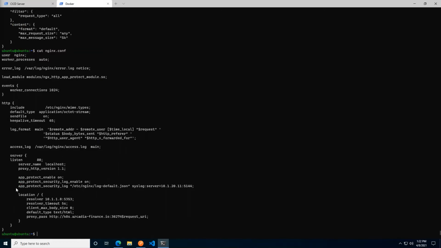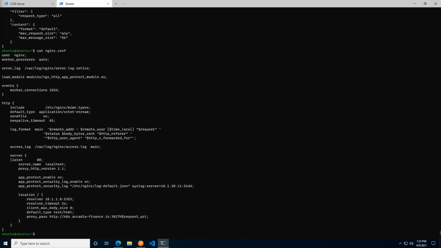Here we go. So the App Protect Security log, first we're pointing it towards the log format, so we define what the logging should look like. And then rather than logging to the local file system, we're logging to a syslog and pointing it to our Elk server. So the Elk server will pick up on all of the logging, and we can have a look at it in Kibana to see how that actually works.